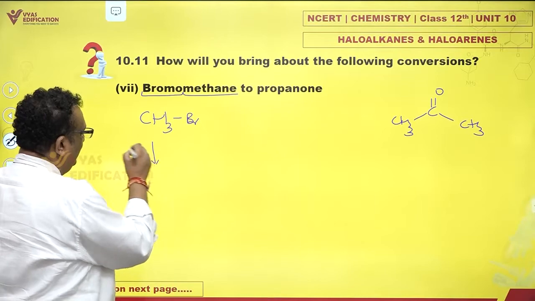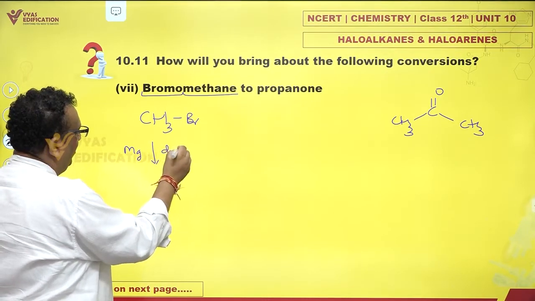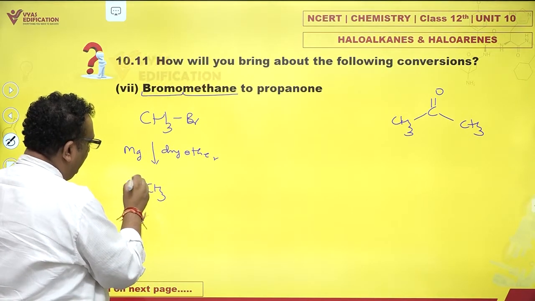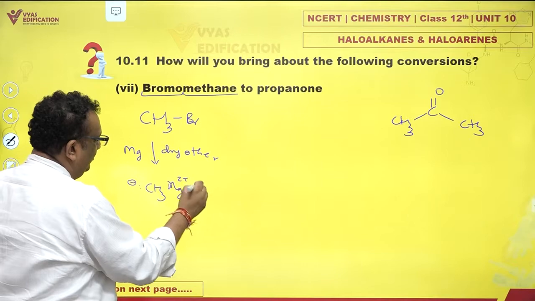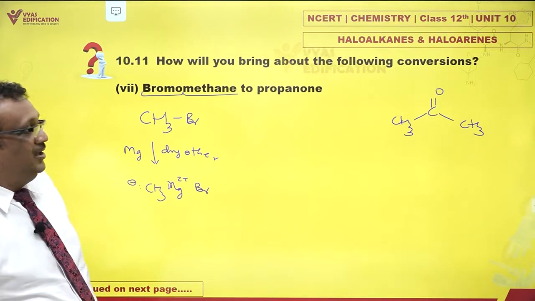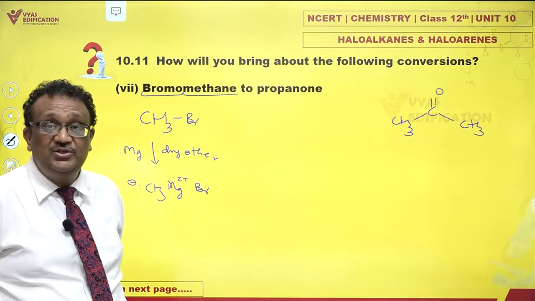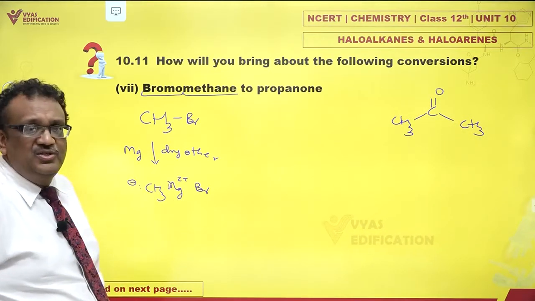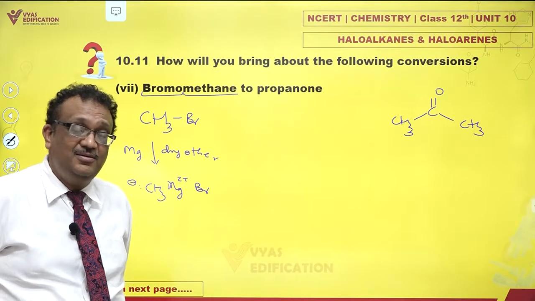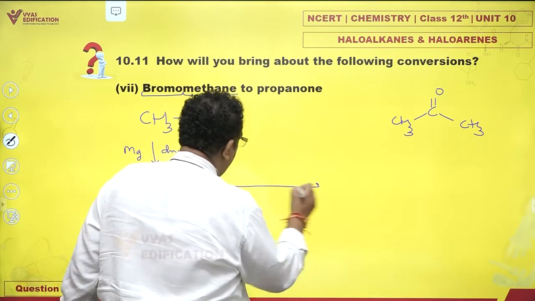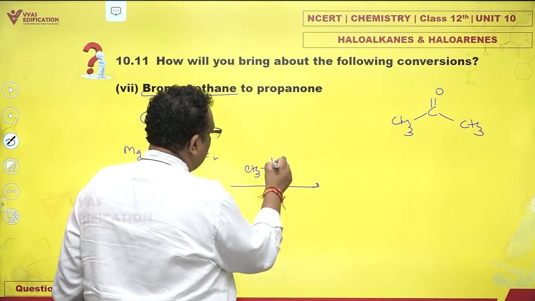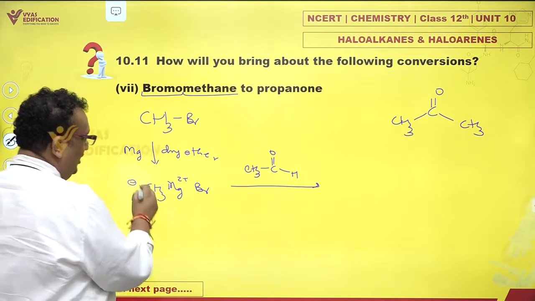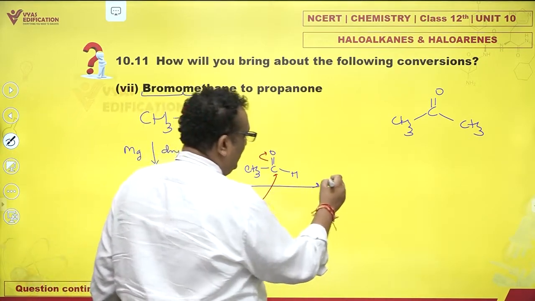CH3Br can be treated with magnesium and dry ether. You could convert it to CH3MgBr, right? And now there could be very different methods. You could treat this with maybe acetaldehyde, CH3CHO. If I might be allowed to use acetaldehyde directly, you would find that they would react and I get